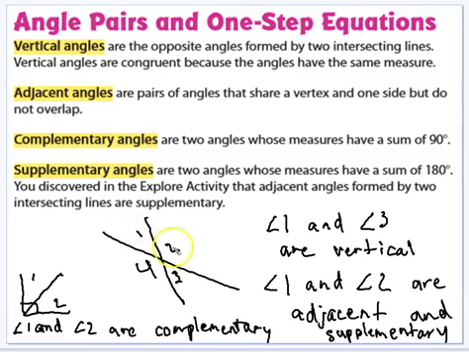All right? Because they make a straight line. Angles 1 and 2 make a straight line, and that will equal 180. All right? Class,